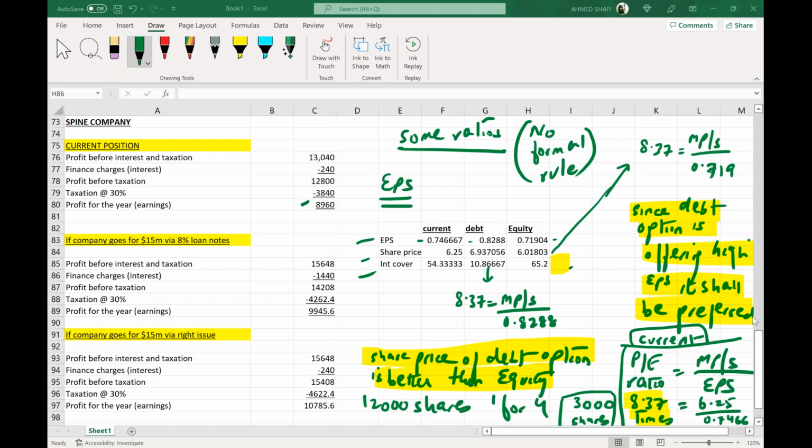Yes, Aman, I did that. Now, Amir, your question is whether we only have to conclude that it is better, or whether we have to mention the reason as well. Why do you need to mention the reason? All these calculations are reasons. We are not just stating that equity is better. We have the supporting arguments. I have written the reason that share price is better, that's why we are going for debt. Interest cover is better, that's why we are going for debt. EPS is better, that's why we are going for debt. So what other reasons do you need?